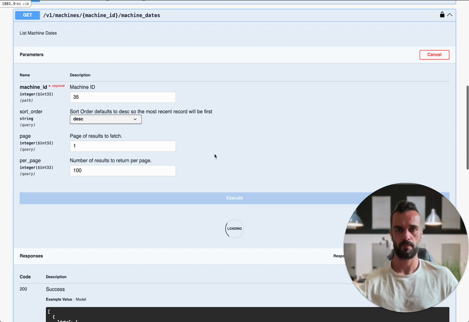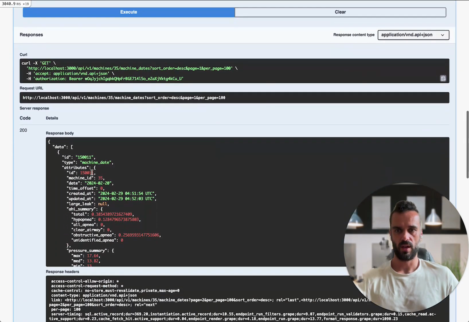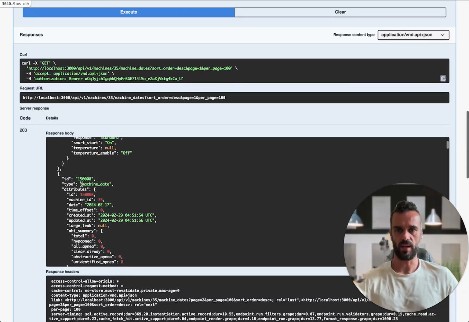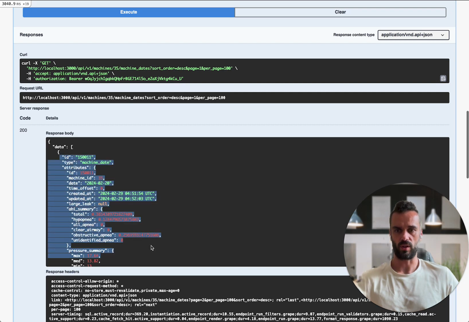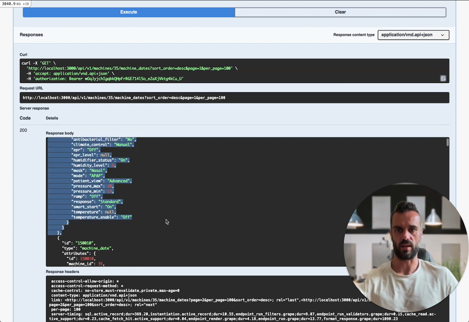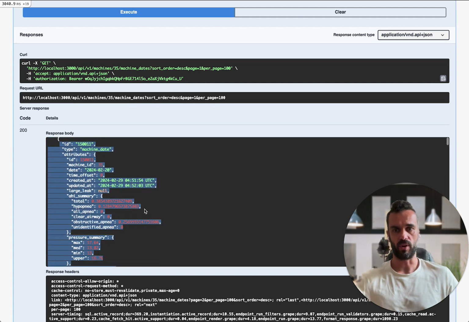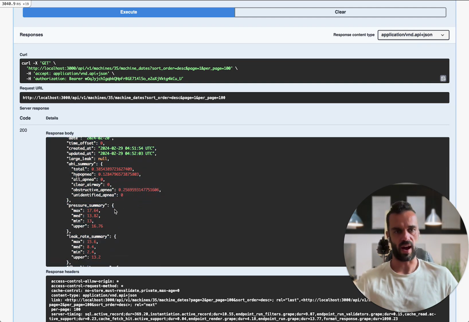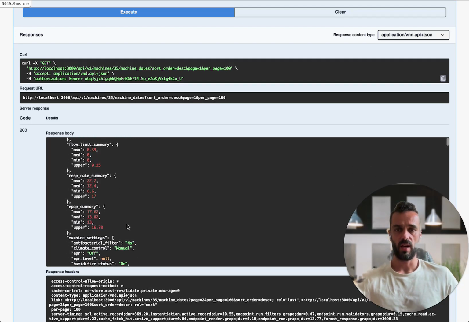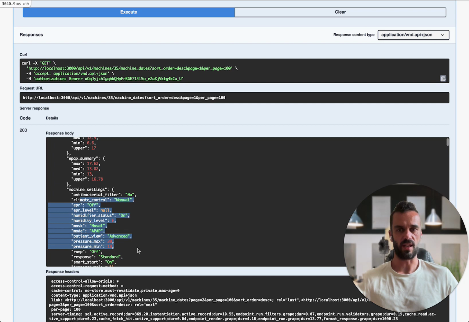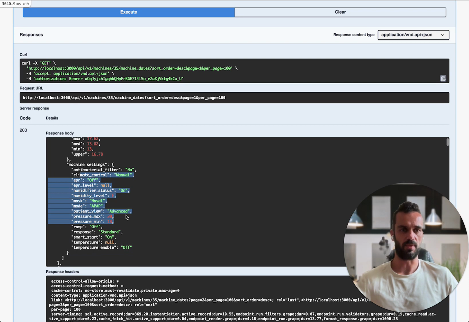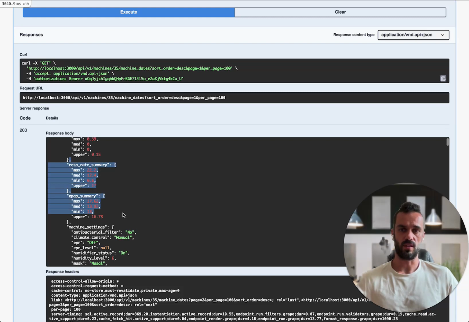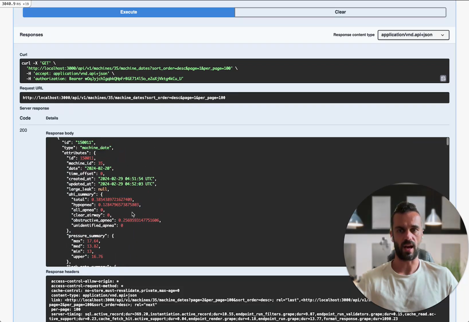So let's do that now. Execute, and now we've got this array back, which is quite big because there's a lot of data in there. But each individual machine date is going to look sort of like this, down to about here is one machine date. You can see there's a whole bunch of summary information that you can get. Things like your average pressure, min, max, leak rates. It's also going to show you all of the machine settings that you had on that particular date. So if your machine settings were changing over time, you can be querying the API to get your machine settings on a given date. And then you can also be using the summary data that's coming out here